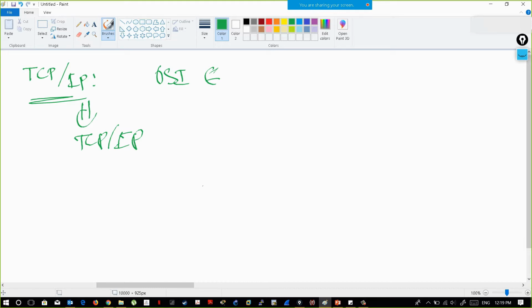First thing, what is actually TCP/IP? TCP/IP is the set of protocols which a device that wants to communicate will follow. That is TCP/IP. As I told you already,